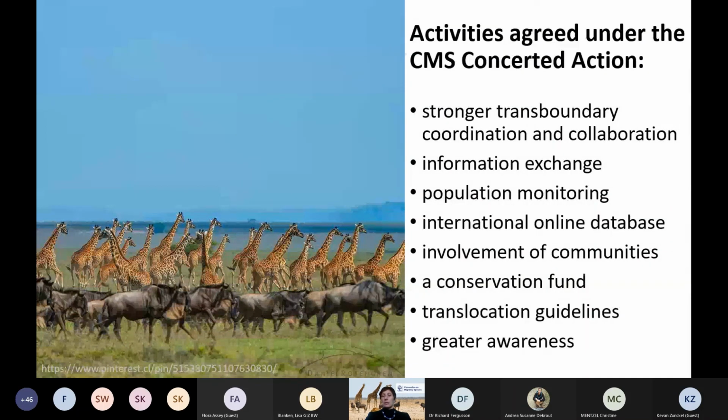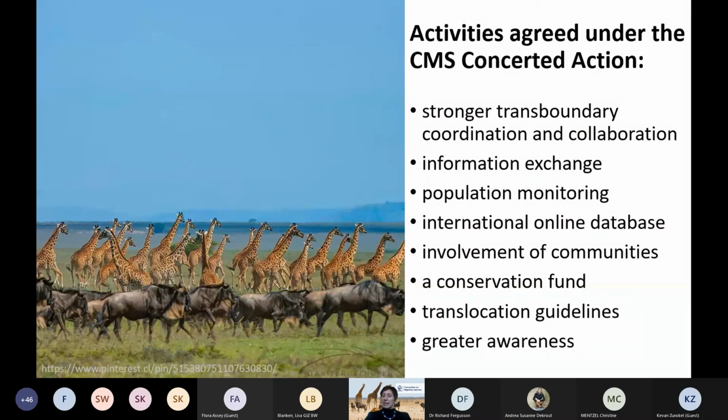The Giraffe Conservation Foundation has already prepared some translocation guidance, and we just recently shared that with all of our national focal points to provide their views and comments on this, and we very much look forward to receiving them. And the concerted action foresees a continent-wide meeting between all the range states to develop a continent-wide conservation strategy, but also to look into the feasibility of regional strategies and support range states in developing national strategies. So it's quite a comprehensive, quite a heavy concerted action in comparison to some of the other concerted actions that have been adopted by CMS